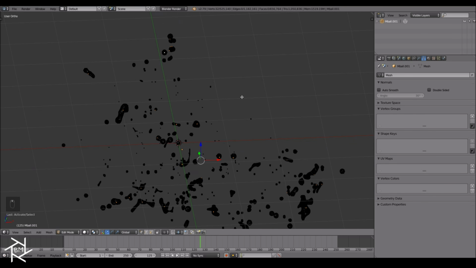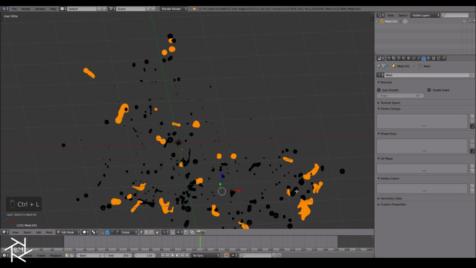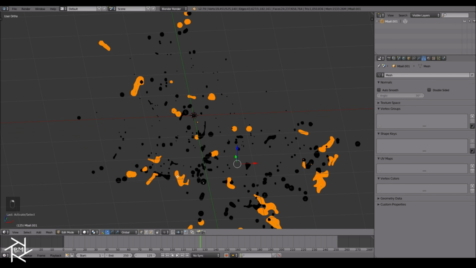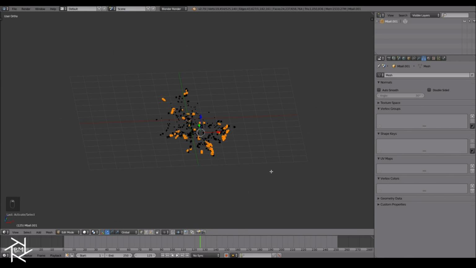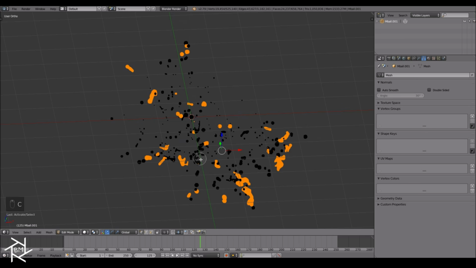Okay, I think that's good. Let's press Ctrl L. Maybe we want to add a couple from here, like that. But I think that looks pretty good. If you want, you can also use the circle select to get a few of these. But the main idea is to get only a couple, and then press Ctrl L to make sure the whole